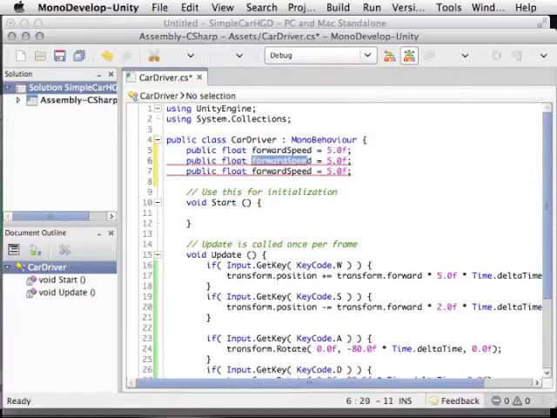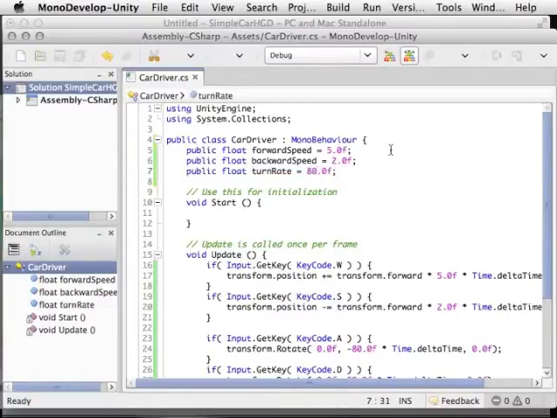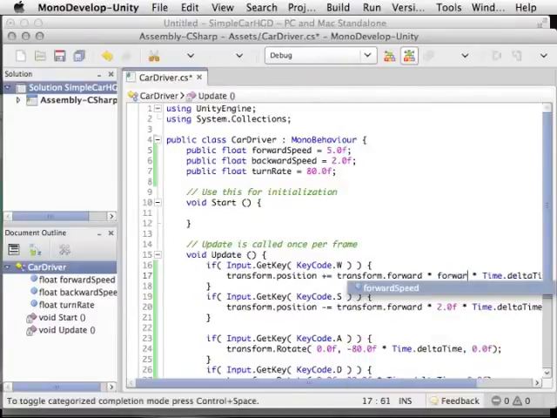I'm going to make 3 variables. Backward speed equals 2.0f. And turn rate will equal 80. So we have 3 public float variables. These f's after the 0 are to show the computer that this is a float as opposed to a double precision value. And down here we're going to replace these numbers we had with the variables, forward speed